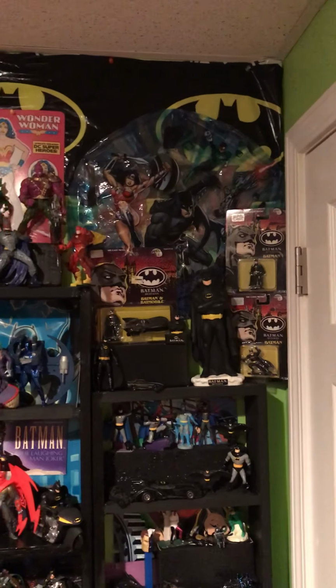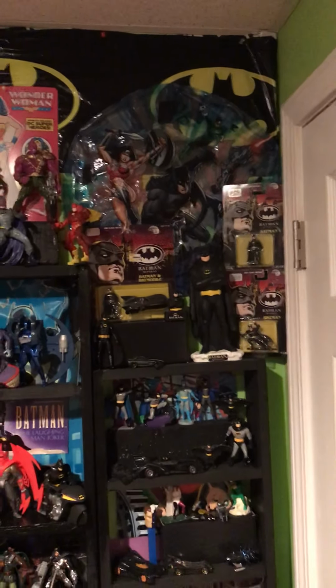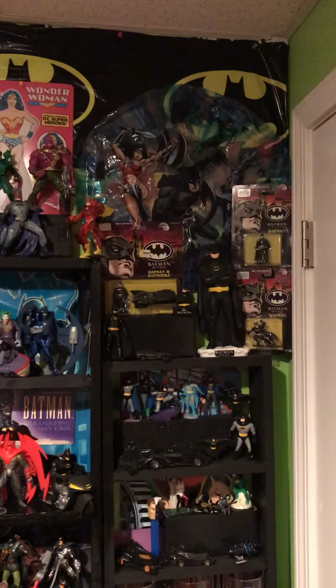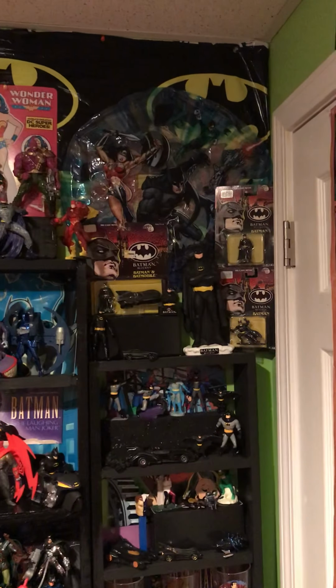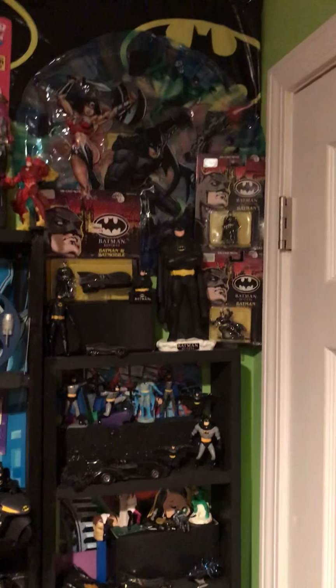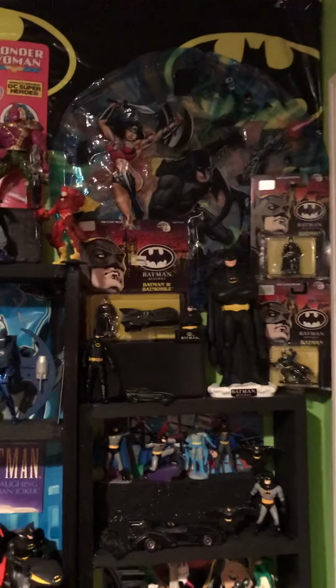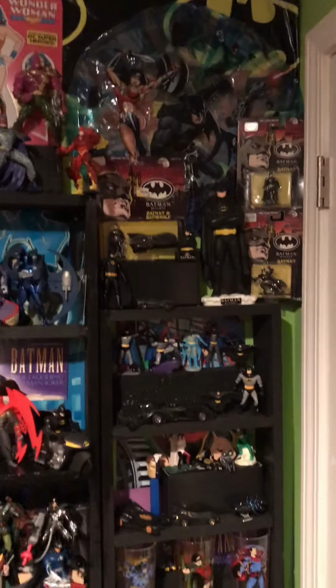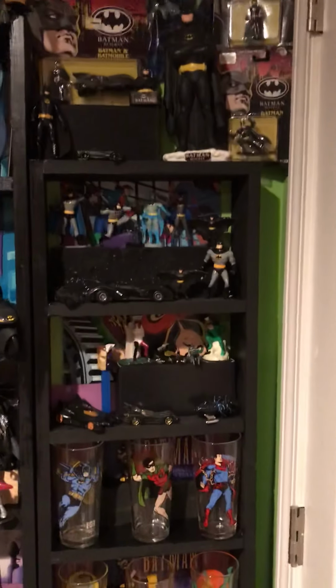Great times. And here we are, full circle. Now all the buzz on the internet is Michael Keaton coming back to play Batman. So it's like we get to relive what a very cool summertime that was. And again, a great line of action figures came out, and this renewed interest in Batman happened that we had not seen since the early days of the Adam West series. So this first little shelf is kind of a